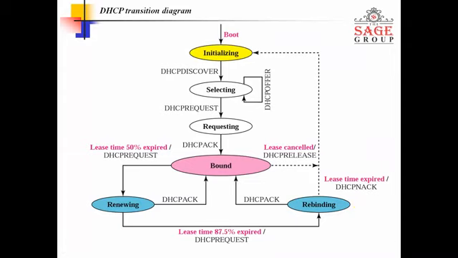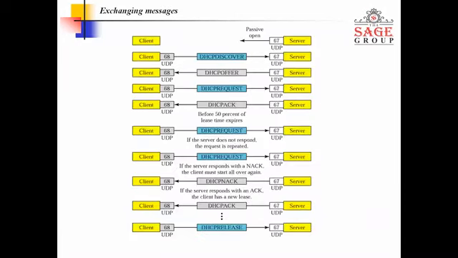This is a state transition diagram of DHCP. Now we see this diagram in the form of a client server architecture process. Firstly, the boot process is done at the server. The port numbers are 67 at the server end and 68 at the client end. These are the port addresses where DHCP works. UDP is the protocol that helps to send the message. It is a transport layer protocol.